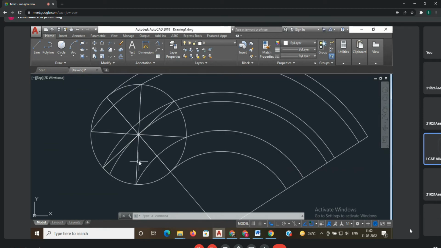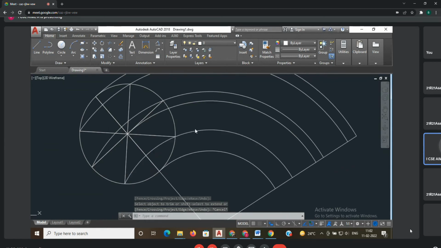Then from the center of the rolling circle, you drew one arc. But this arc, if you observe, is from the circumference. You have to remove this part, this small area, because you need the axis line from the center to the end point. Now, what is the next procedure? You have to divide this line into 8 segments. Why? Because we made the circle into 8 segments. Go for the divide command, select divide, select the object, give 8 segments and enter.